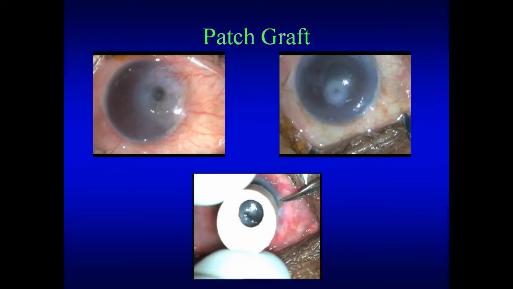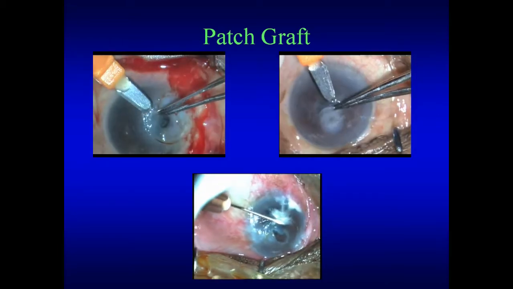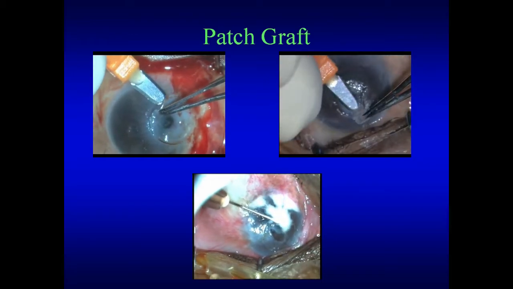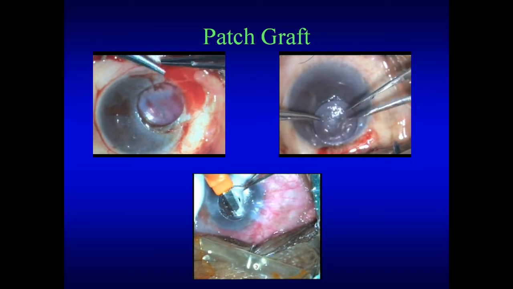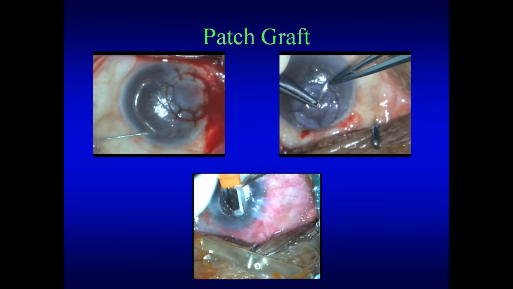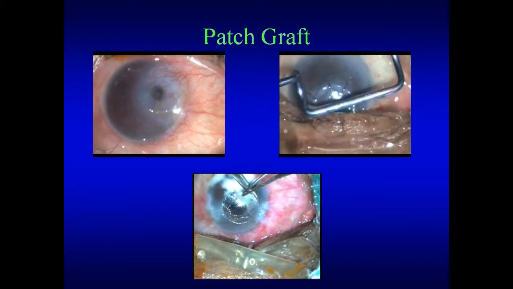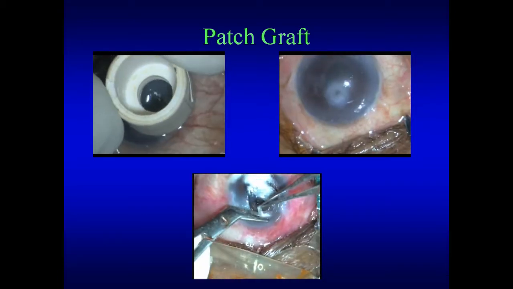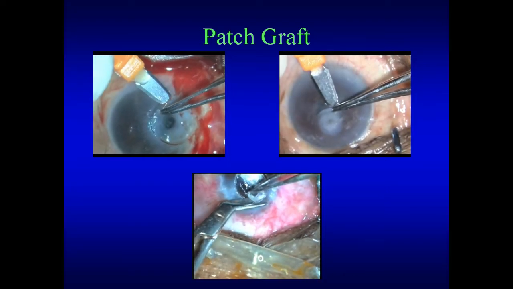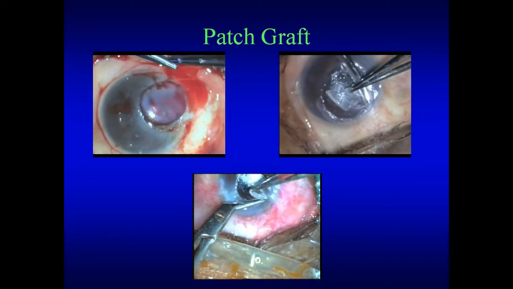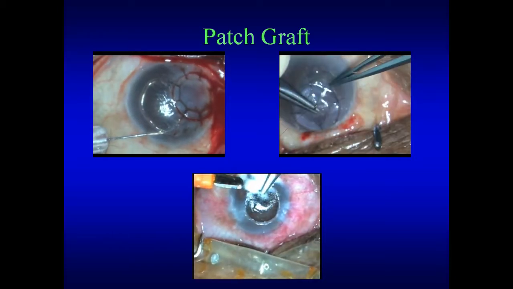And these are some examples of patch grafts that I have done, some for peripheral perforation, and that last one, the video on the bottom, is a patch graft done for a Hansen's disease patient who had a non-healing sterile defect. And as you know, in these cases, a full thickness graft is not a good idea. They never work. So here we opted for a patch graft and it worked beautifully.